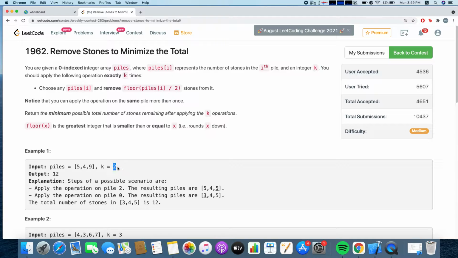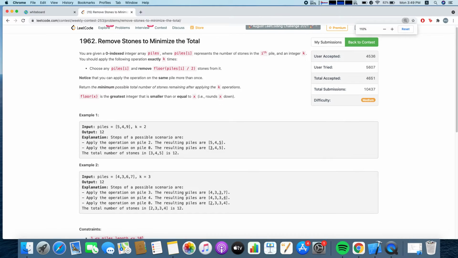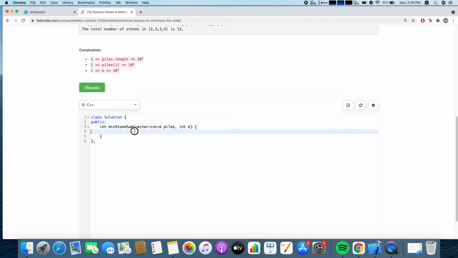So obviously you want to perform the operations on the biggest numbers to reduce it the most. So you apply the operation on 9, then it becomes 5. It's basically divided by 2, you see. And then if you apply the operation on 5, it becomes 3. And then we just return the remaining number of stones. Yeah, pretty straightforward. So the quite obvious strategy over here will be to